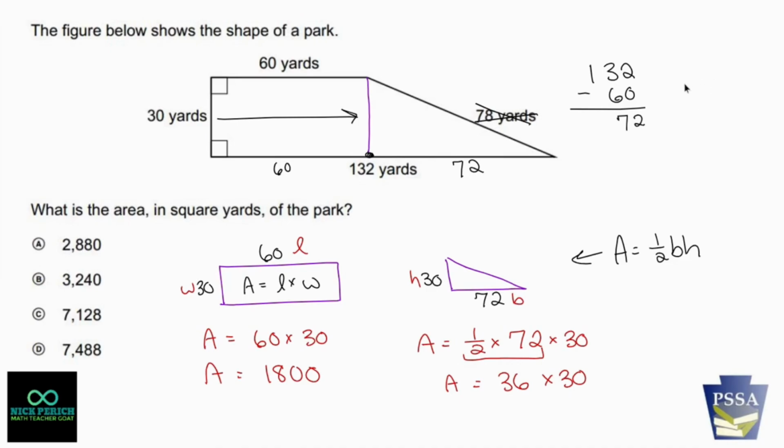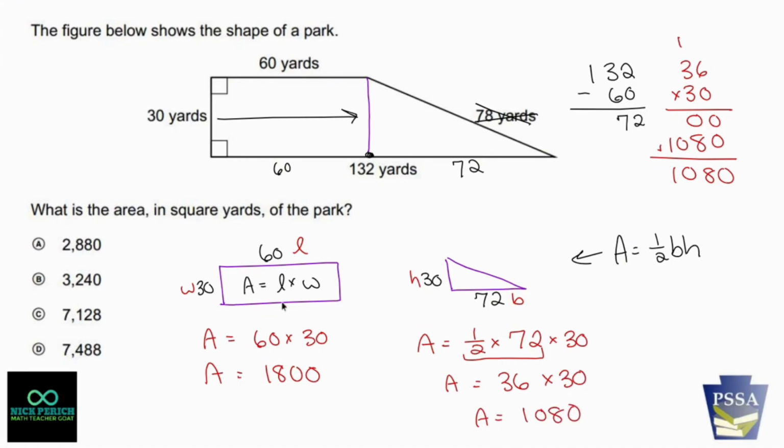36 times 30, and this is a calculator section. You'd be allowed to use a calculator, but let's just go over here and do the practice anyway. 36 times 30, let's just multiply it out. 0 times 6 is 0. 0 times 3 is 0. We move to the next row and include the 0. 3 times 6 is 18, so write out the 8, carry the 1. 3 times 3 is 9. 9 plus 1 is 10. So you add these guys up to get 1,080. So this area is